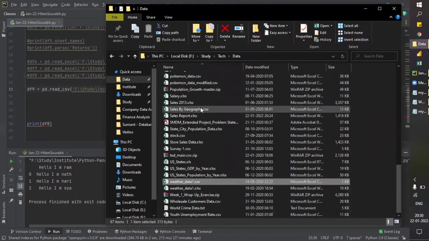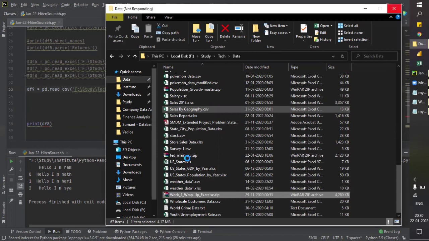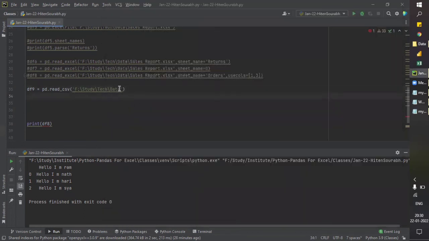Let me just pick the name. World crime data slash this. Okay. Now, this is how to load.